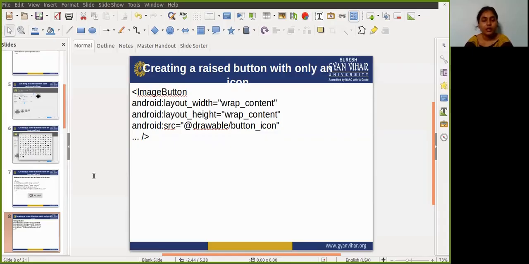For instance, to ensure that all devices that can run the Holo theme will use the Holo theme for your app, declare the following in the application element in the AndroidManifest.xml file.